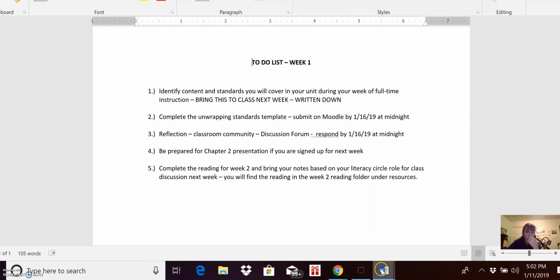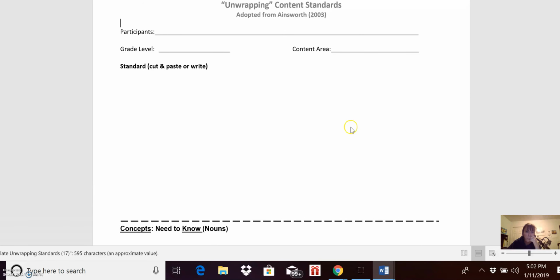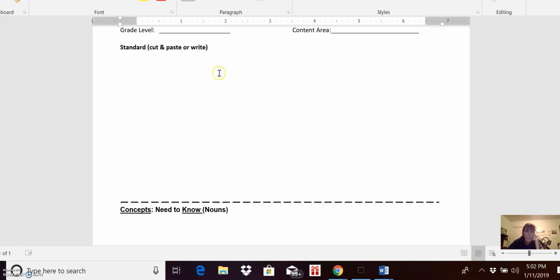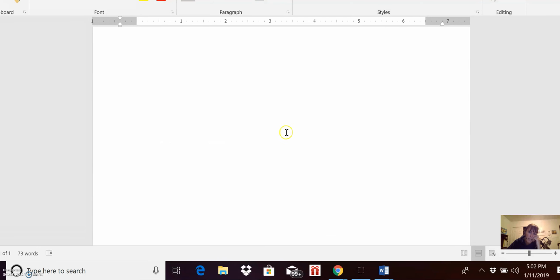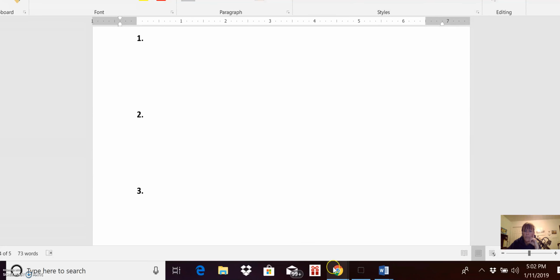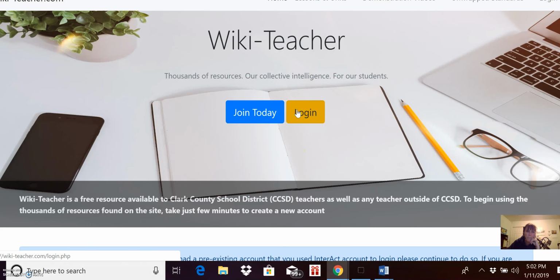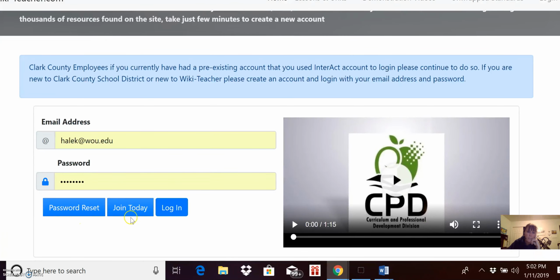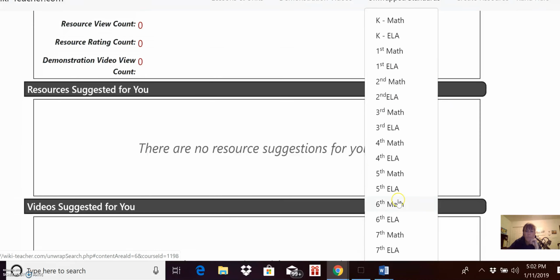So let's look at the template while I'm waiting for that. Sometimes that website's a little quirky. So here's where you're going to copy and paste your standard. You're going to then unpack it. You should have done this in a previous assignment in Ed 373 or your pre-assessment class. So if you've already done that, that will be helpful. It's down here. Sorry, I missed that. So here on Wiki Teacher is where you find the Unwrap Standards, and we're going to go to